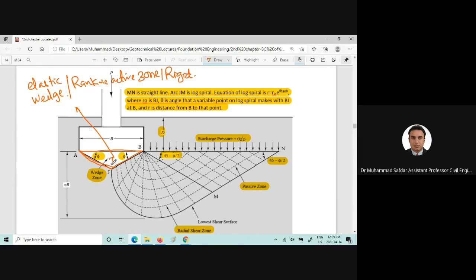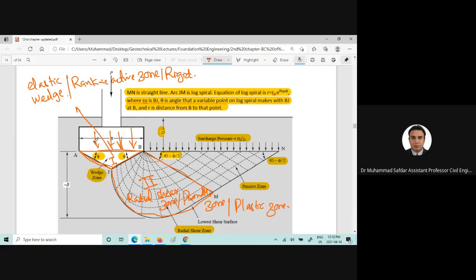So this is zone 1, we can call that. This is zone 2, which is kind of a logarithmic spiral here. This is the logarithmic spiral, and this is called the radial shear zone or Prandtl zone. Or we can call that the plastic zone,